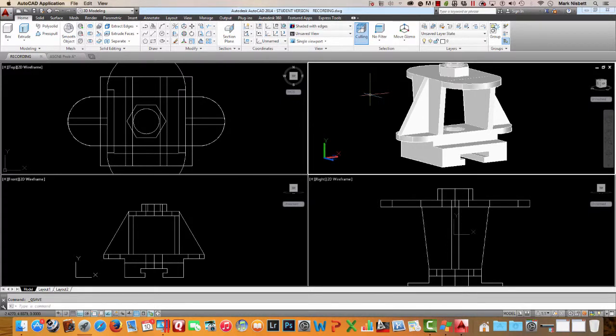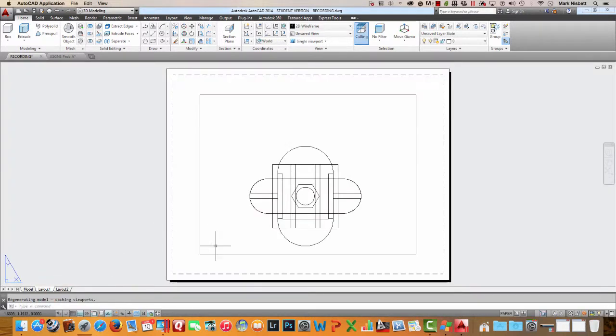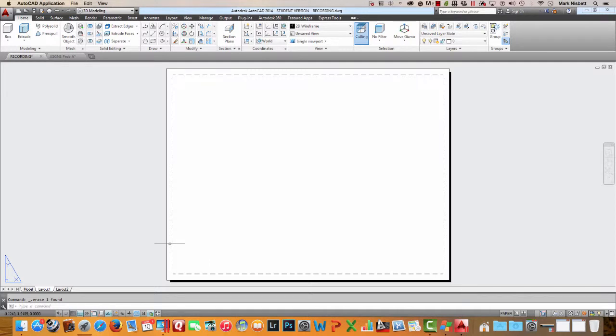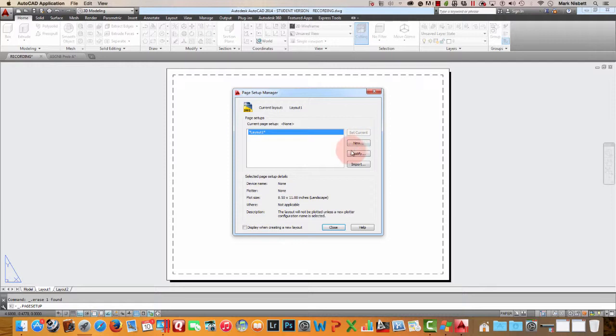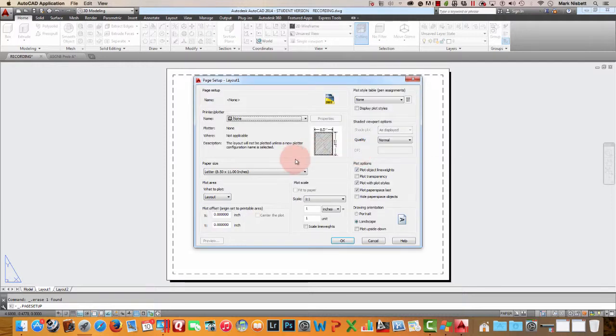Okay, so we're going to bring this into layout space. The first thing we need to do is set up our layout number 1. I'll open this up, delete the viewport, and set myself up for a B-size sheet. So I'm going to come in here and pick